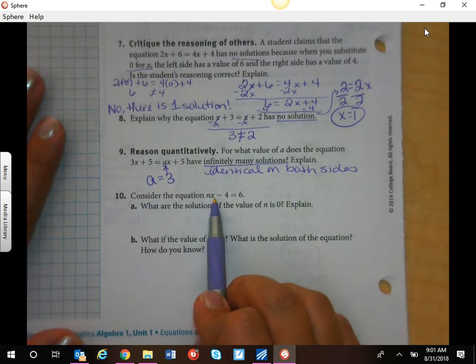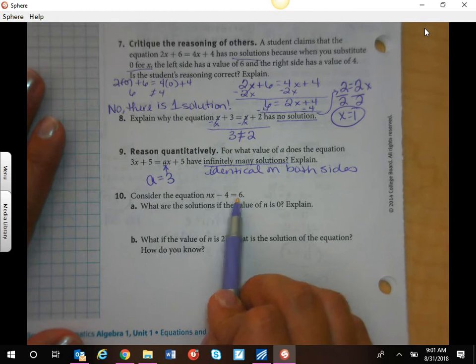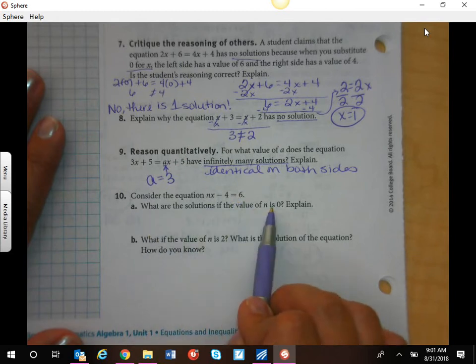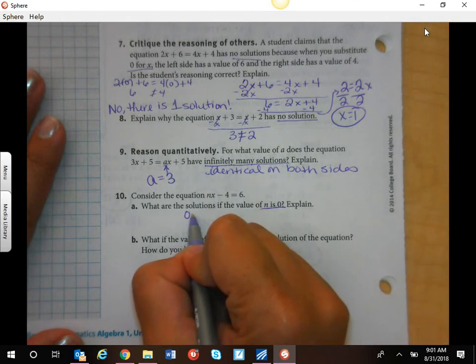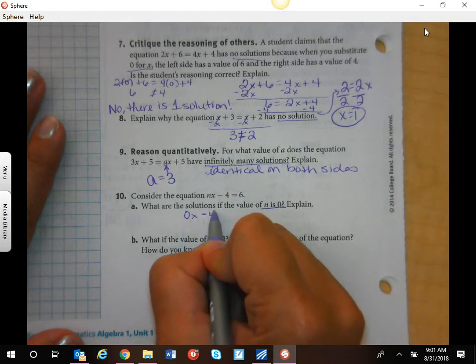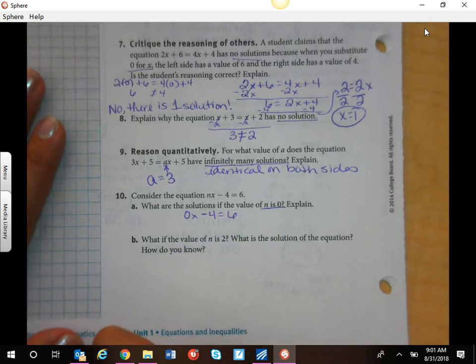Consider nx minus 4 equals 6. What are the solutions if the value of n is 0? Okay, well, we can just plug that in. 0 times x minus 4 equals 6. Well, what happens when we do this? I get negative